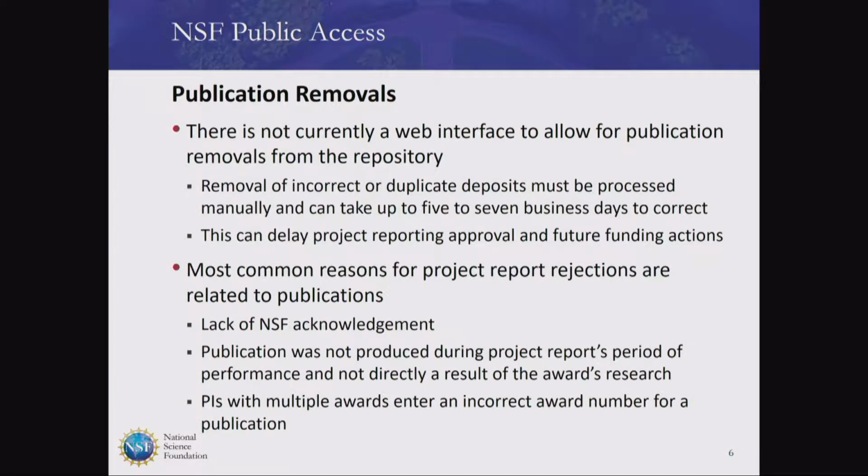All right, so this one is very important. When we first designed the public access repository, the association of the article to the award is a final action. We did not anticipate at the time that people would make a mistake during this process. So right now, it is not possible, if you associate a publication to an award, to remove that association after